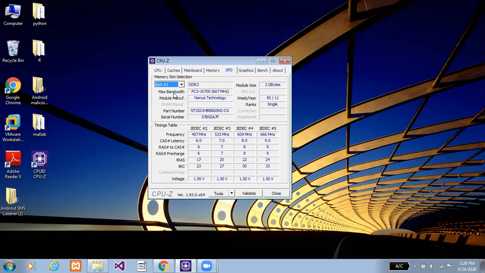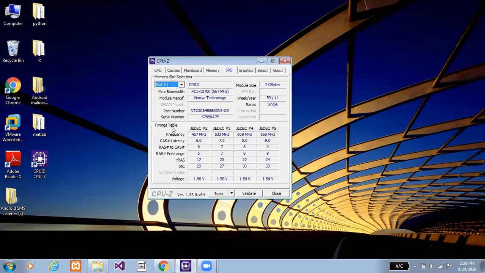In this case, it is PC3-10700 clocked at 667 megahertz. Manufacturer. It is the name of a memory manufacturer. Part number. It is the manufacturer part number for the memory installed in the selected slot.